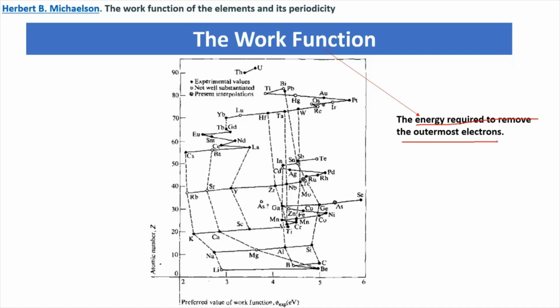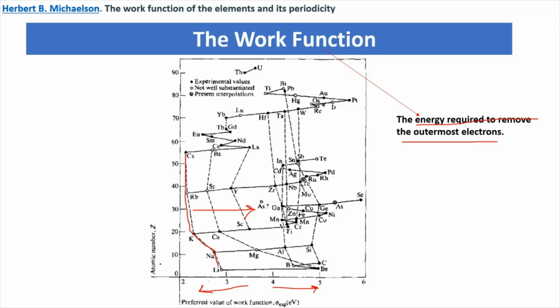This diagram shows the different patterns of work function of different elements. If you look at the leftmost elements, like sodium, lithium, potassium, these are the elements which have the lowest work function. If you go towards the right, you can see that the work function keeps on increasing, and these elements follow a defined trend. Cesium, rubidium, potassium, sodium, and lithium have the lowest work function, but as you start moving towards the right, the work function keeps on increasing.